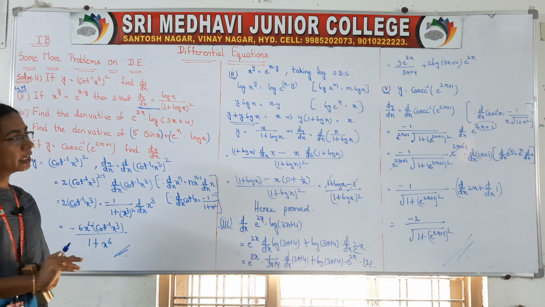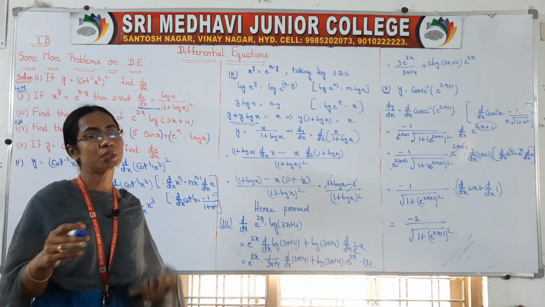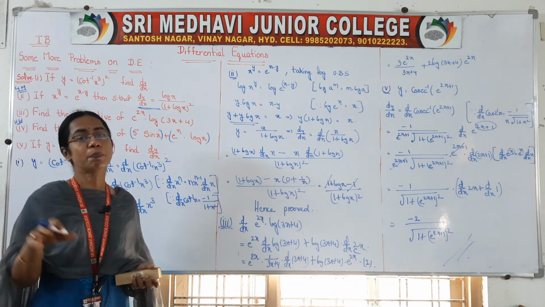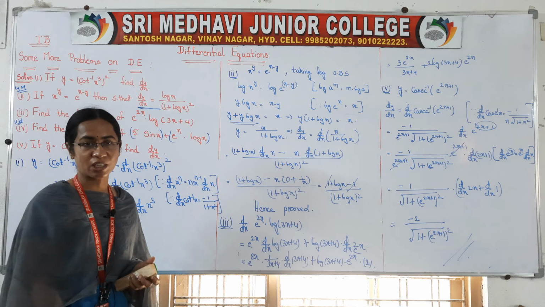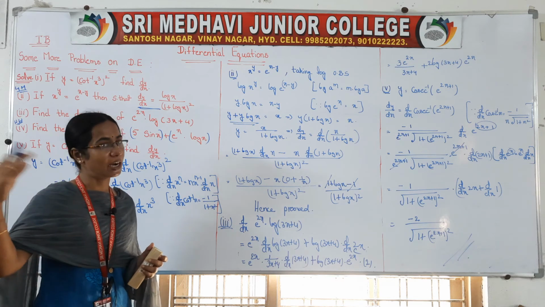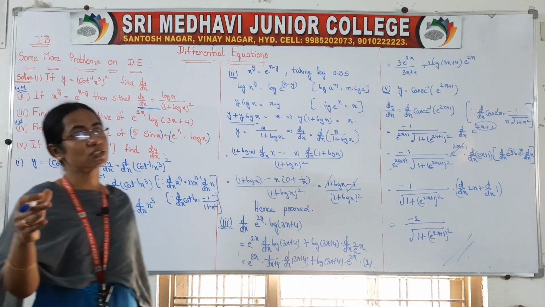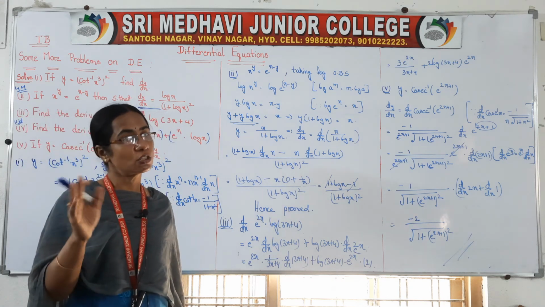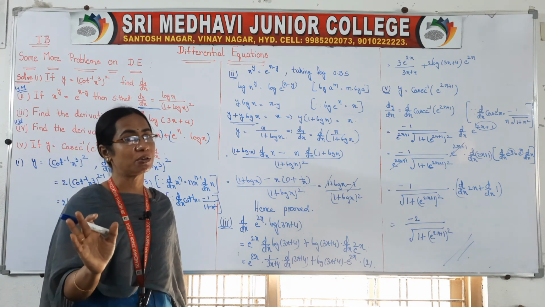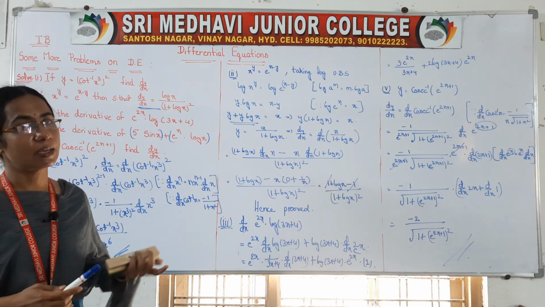Actually, they can ask anywhere. So many 2 marks questions are given from one topic, which means they can give from any corner of the chapter. If you are perfect with the formulas, you can easily solve these problems. Only one thing: in all the formulas in terms of x, d by dx of that variable will be there at the end. But in the given problem, sometimes we will get another variable instead of x, so be careful. We have to take d by dx of that variable in each and every problem.